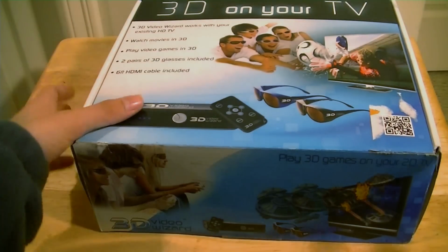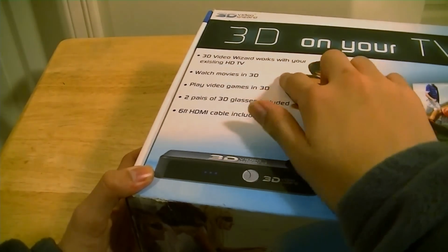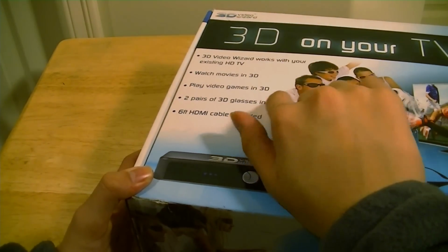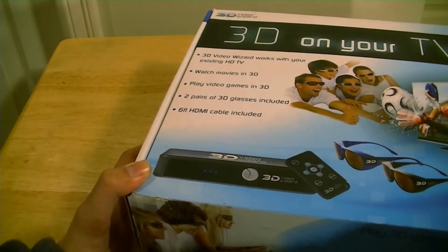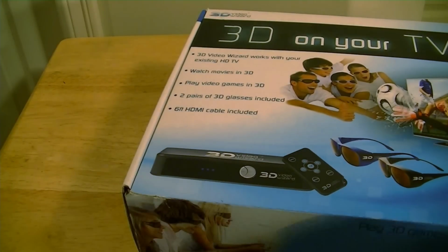So anyways, you can see that it works via HDMI, and it says 3D Video Wizard makes your existing HD television watch movies in 3D, play video games in 3D. It includes 2 pairs of 3D glasses out of the box. Now, these aren't real active 3D glasses like most devices you might find on the market. So it's a lot cheaper. It doesn't recharge. It just uses an analog